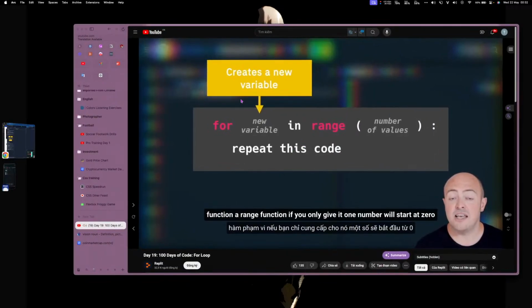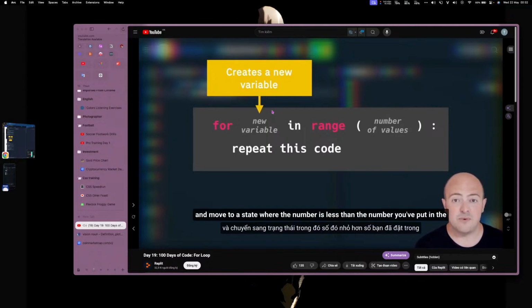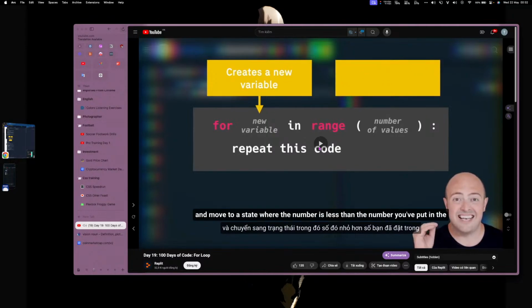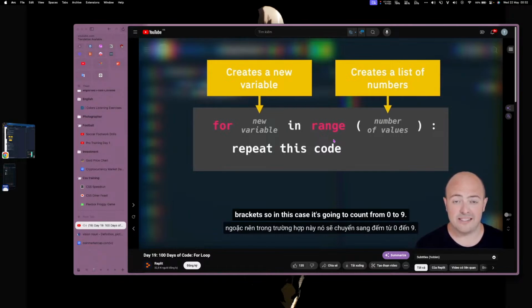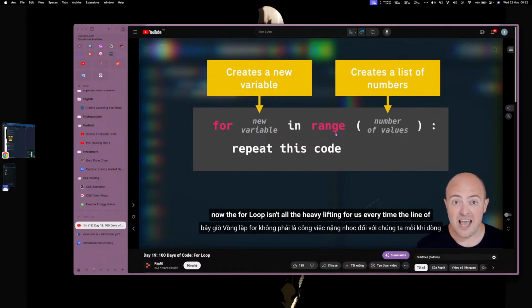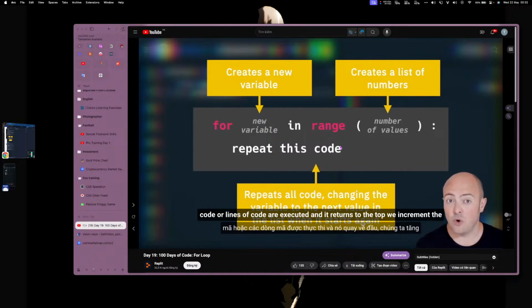The range function, if you only give it one number, will start at 0 and move to a state where the number is less than the number you've put in the bracket. So in this case, it's going to count from 0 to 9. Now, the for loop has done all the heavy lifting for us. Every time the line of code or lines of code are executed,